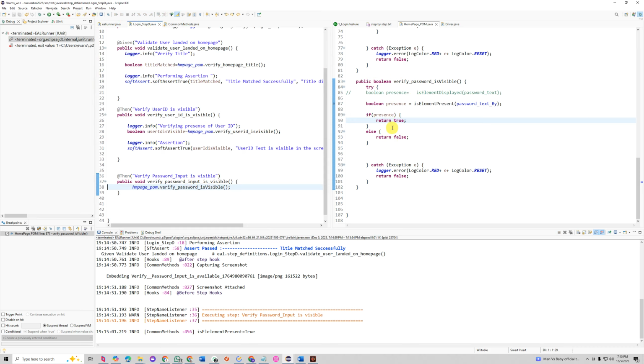So it is throwing you true or false. If it is visible, it will throw true. If not, it is going to throw false. Again, boolean. Okay, password text underscore is visible